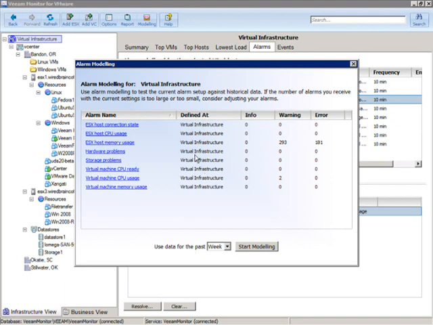And based on the default alarms, these alarms would have been triggered. And if we look at the ESX host memory usage alarm, you can see here that that alarm would have been triggered 293 times at the warning level and 181 times at the error level. So this way we're going to know if the alarms that we're about to create or the default alarms that